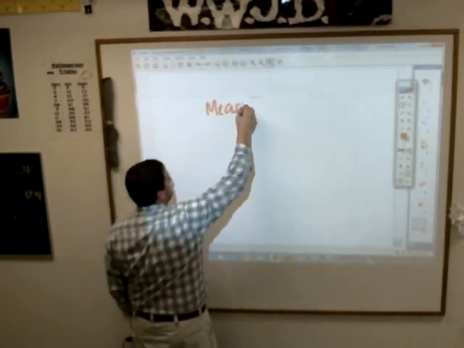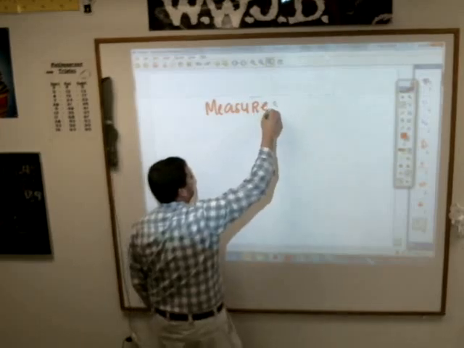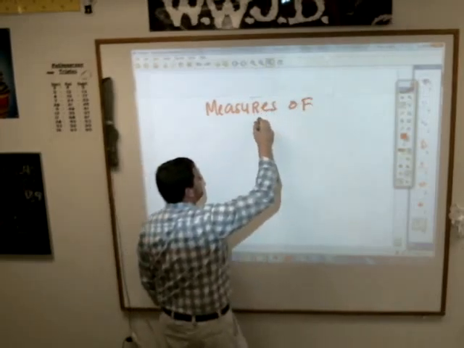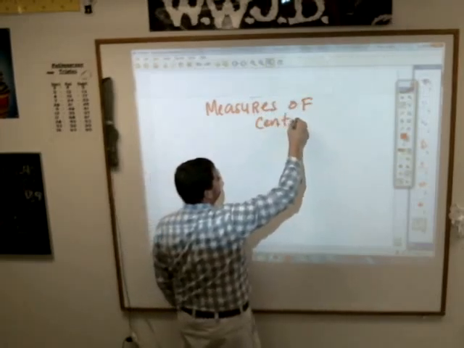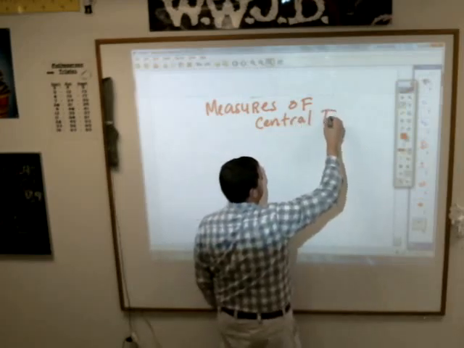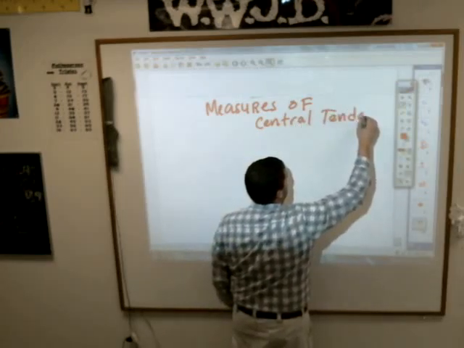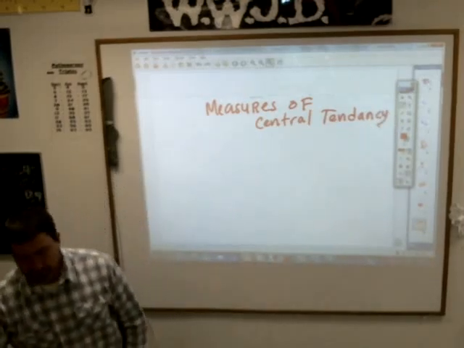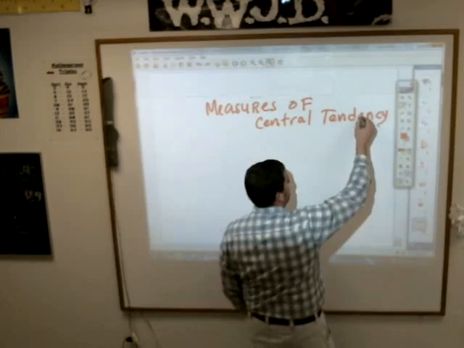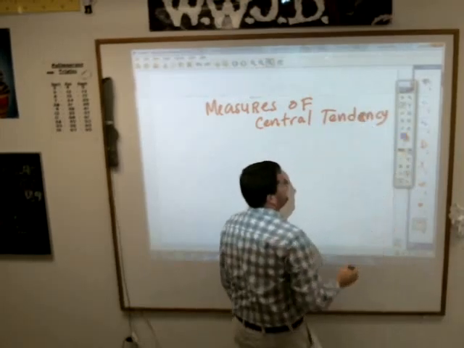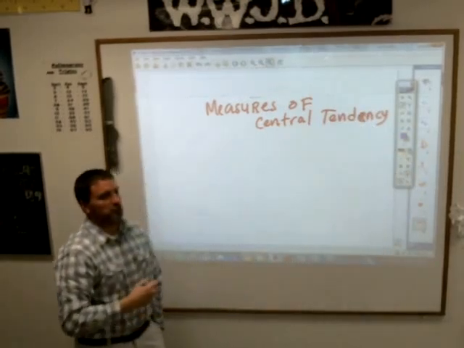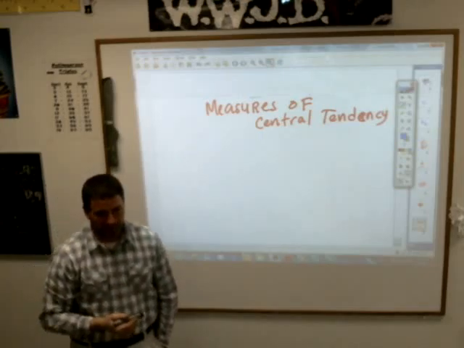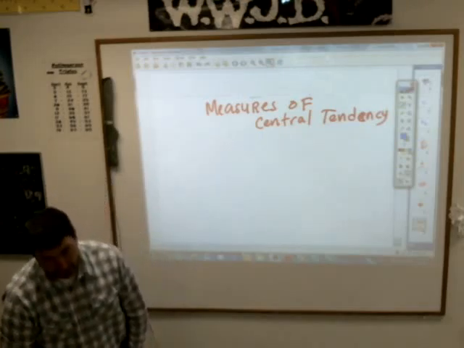Measures of central tendency. Did I spell tendency with an E? Who's my speller? It is an E. Measures of central tendency. And then because usually problems don't say use the measures of central tendency, although sometimes they might, generally speaking, they're going to tell you to do this, or your notes will tell you to see